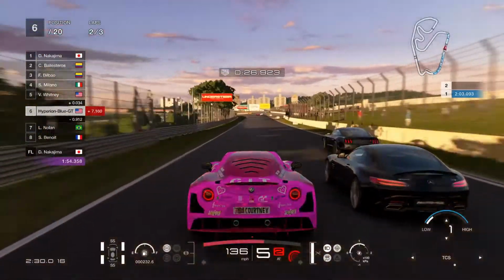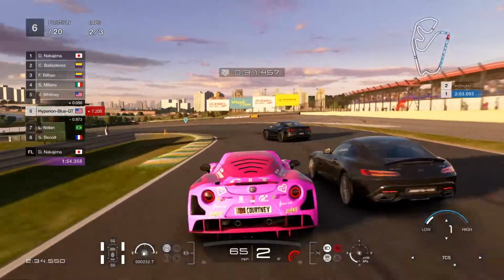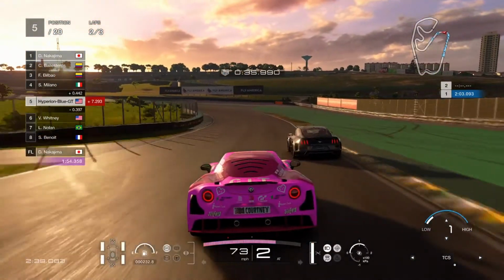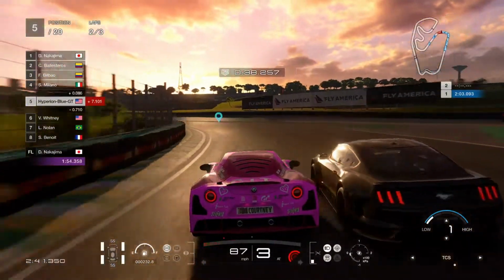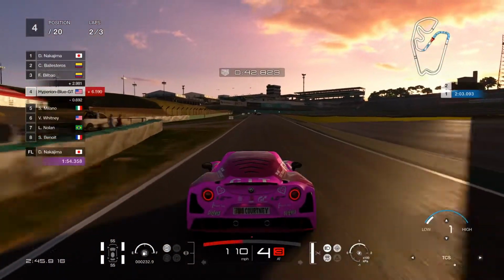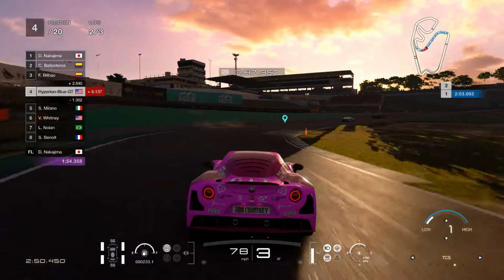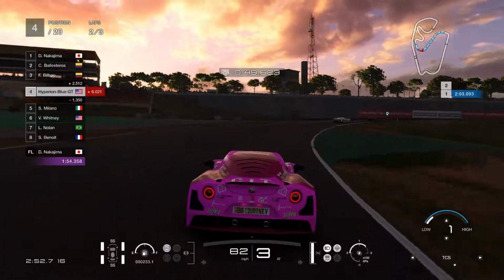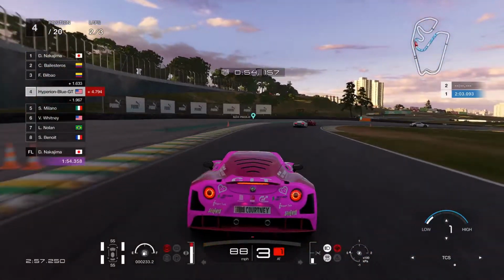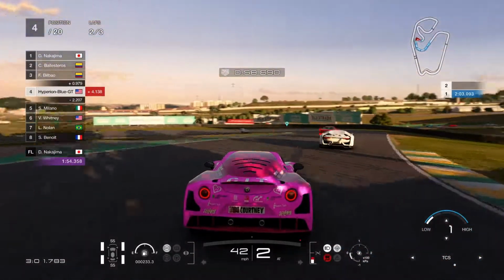Oh yeah, one thing for sure about the Valentine's Day livery design on the TD livery for the Alfa Romeo 4C. It's definitely removed the carbon fiber decal, so this is definitely able to have a pink style put in instead. This is definitely excellent to be able to get a good color style headlights on the 4C road cars like the launch edition. Well, the clear headlight is definitely also